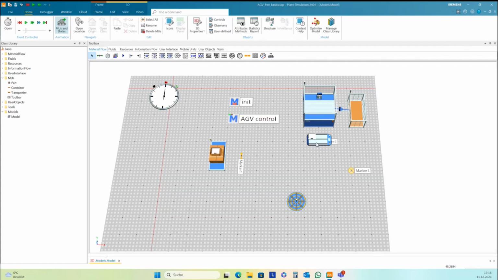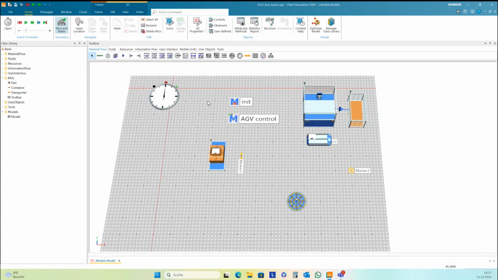Special problems you have if you have several HEVs, then you need some control. Okay, who is getting the job here? And you need to create like a fleet management system. But this would be another webinar in February.